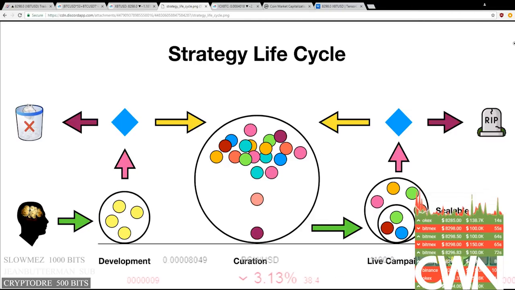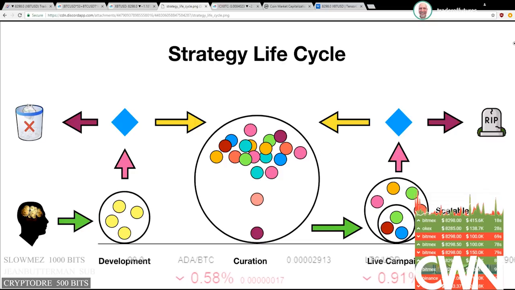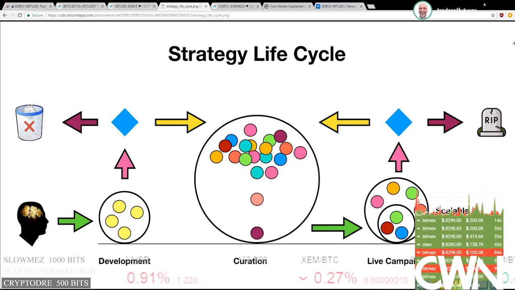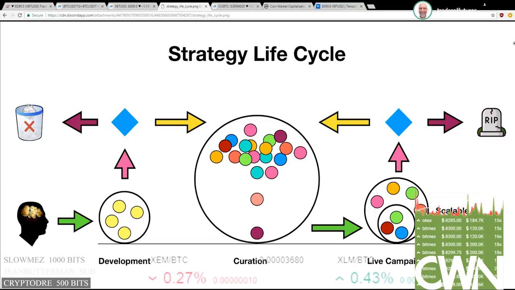Ideas come from anywhere. There's probably an infinite number of places where you can get an idea for a strategy. The thing that makes a good strategy is that it's simple and easy to understand. You can probably explain it to your wife or to your mother, maybe, or to anybody else in a couple of sentences. If it gets much more complex than that, unless it's truly special, it's probably best to avoid it and go for simpler is better. But generally, you want simple strategies.